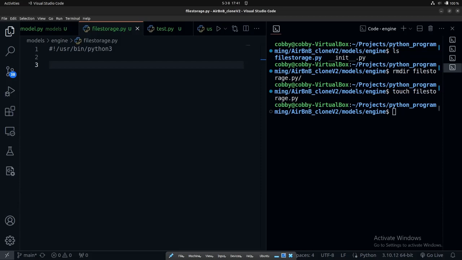So let's just go on and make use of it. Let's create a class that does not inherit from our base model, because we don't need our file storage to have an ID and everything, right? So we have a class called